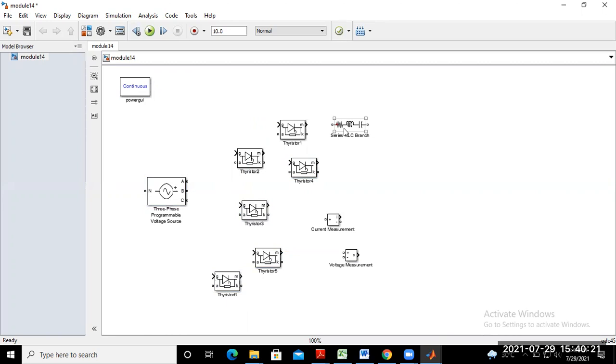Now just tell me which are the positive cycle thyristors. Sorry, Rahul, which thyristors are the positive cycle?